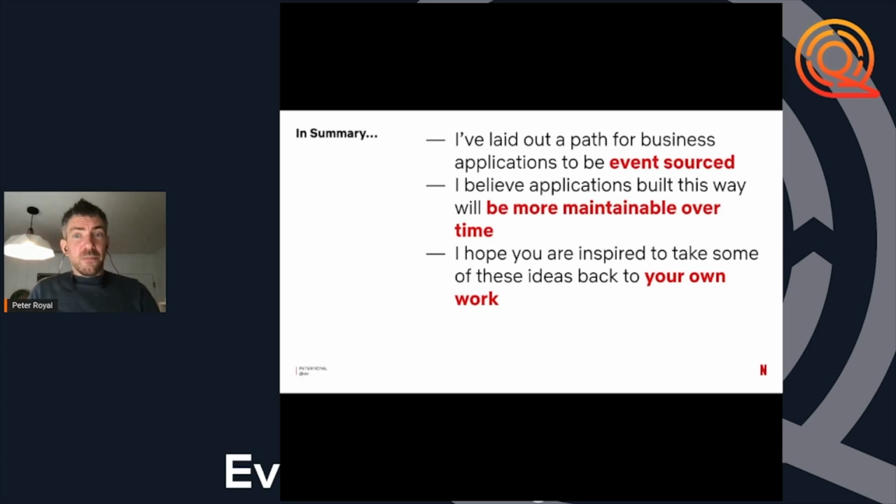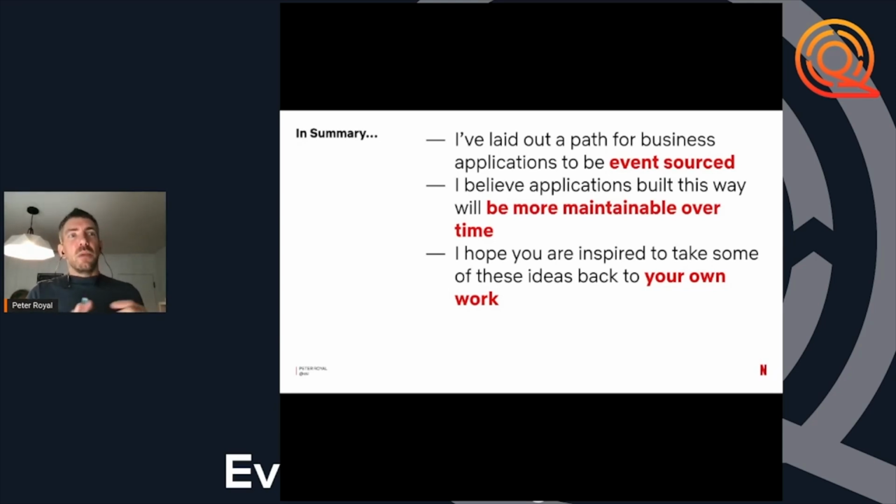So in summary, I've been trying to lay out a path towards building business applications in an event-sourced way. I've been having a lot of conversations with folks at work and elsewhere in terms of how we shift the mindset towards this not only being a way to do something, but a way that I've found to be more sustainable and maintainable over time.